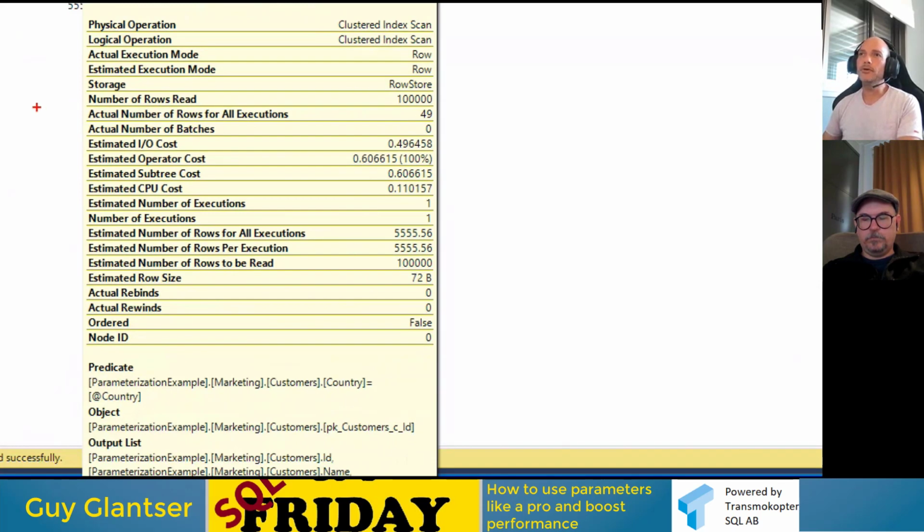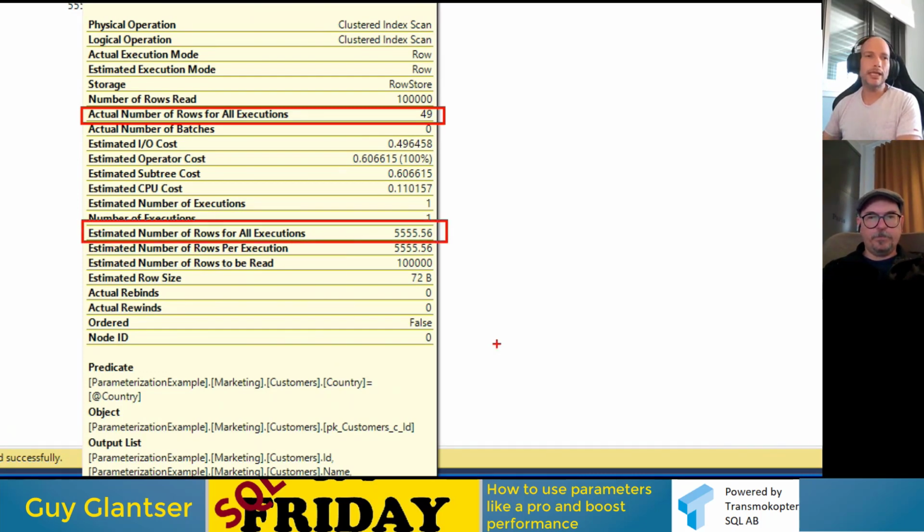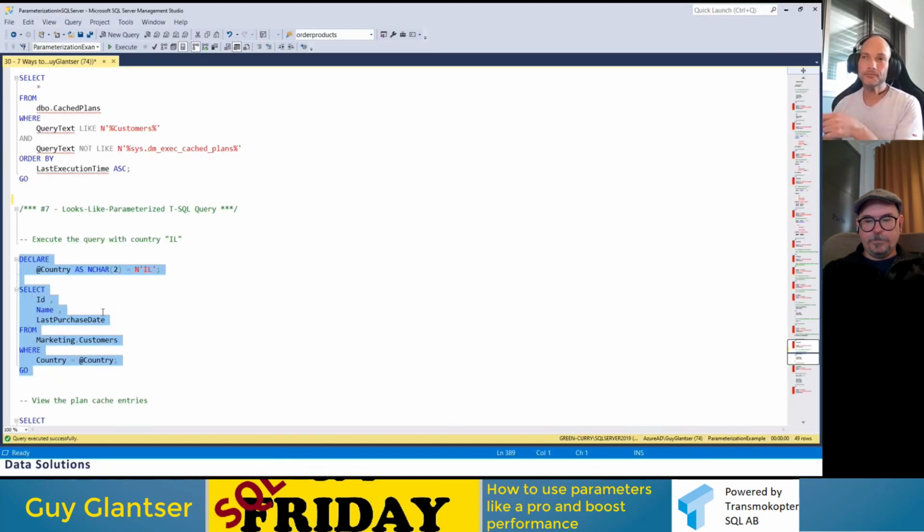And the reason is, if we look here, look at the actual number of rows, which is 49. The estimated number of rows is this number here. I didn't show you, but until now, the estimated number of rows was correct. It was 49. It was perfect in all executions until now. Now, for the first time, we get a wrong estimation. And because the optimizer thought, oh, I'm going to need to return more than 5,000 rows, I better do a clustered index scan rather than do 5,000 key lookups. If there were really more than 5,000 rows, the optimizer was right. It's a good decision, but it was wrong. And we need to understand why. I'll get to that later.